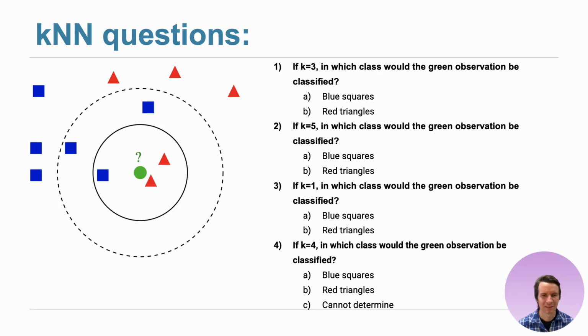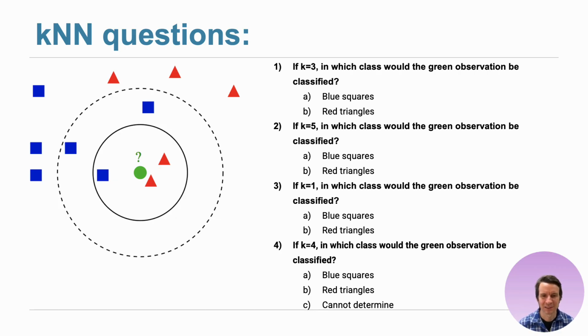Okay. Here is a quiz question. For k equals 3 and 4, I have the green thing, it's a question mark, and I would like to classify it. Should the green circle be a blue square or a red triangle? Right? So if I have k equals 3, then it would be classified by k nearest neighbor as a triangle, because there are